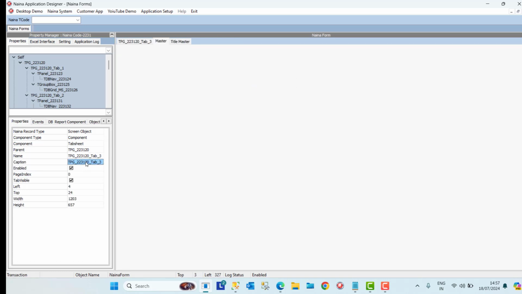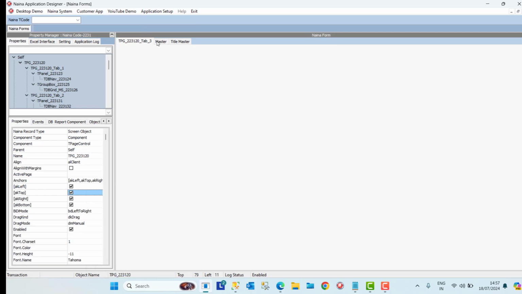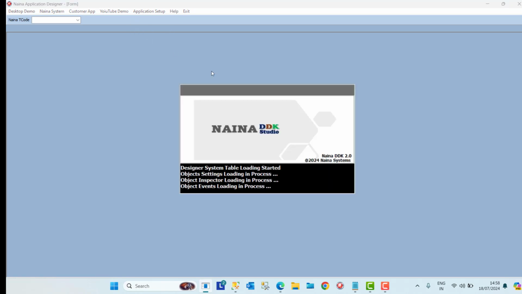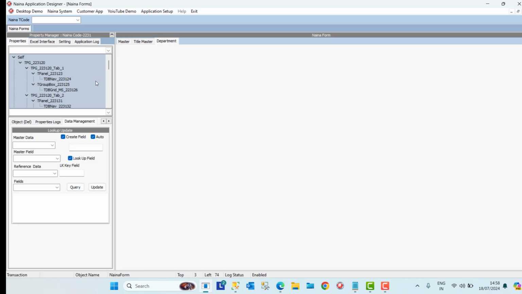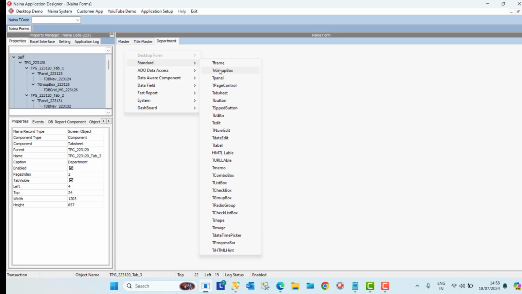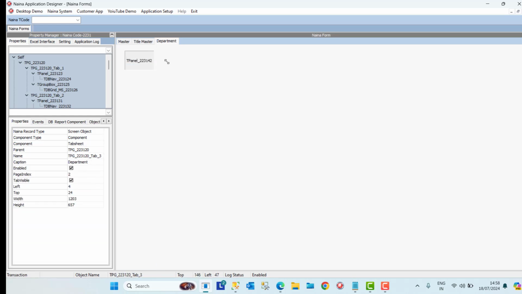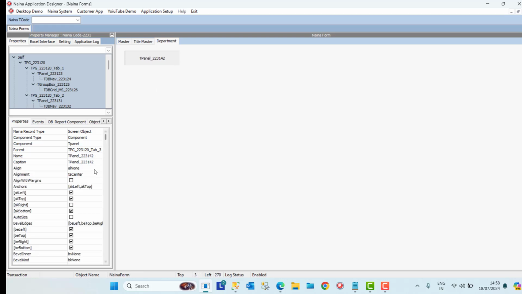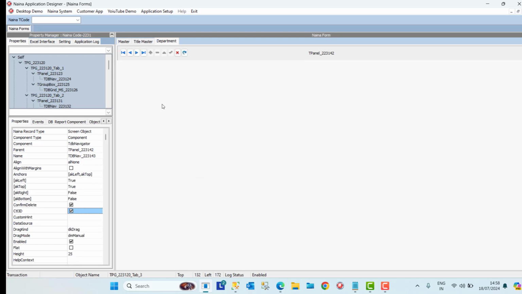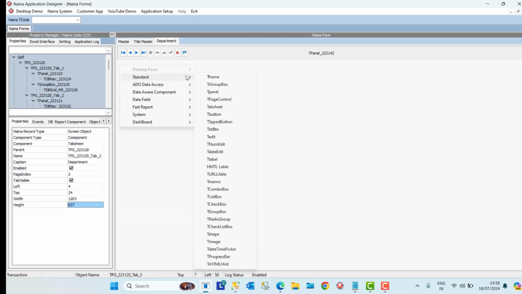So this will be department, and page index should be 2. Okay, this is department. Let's reload it. Okay, so department is here. We'll do the same process. We'll have a panel, and then let's make it a DB navigator, and then let's make it one group box,